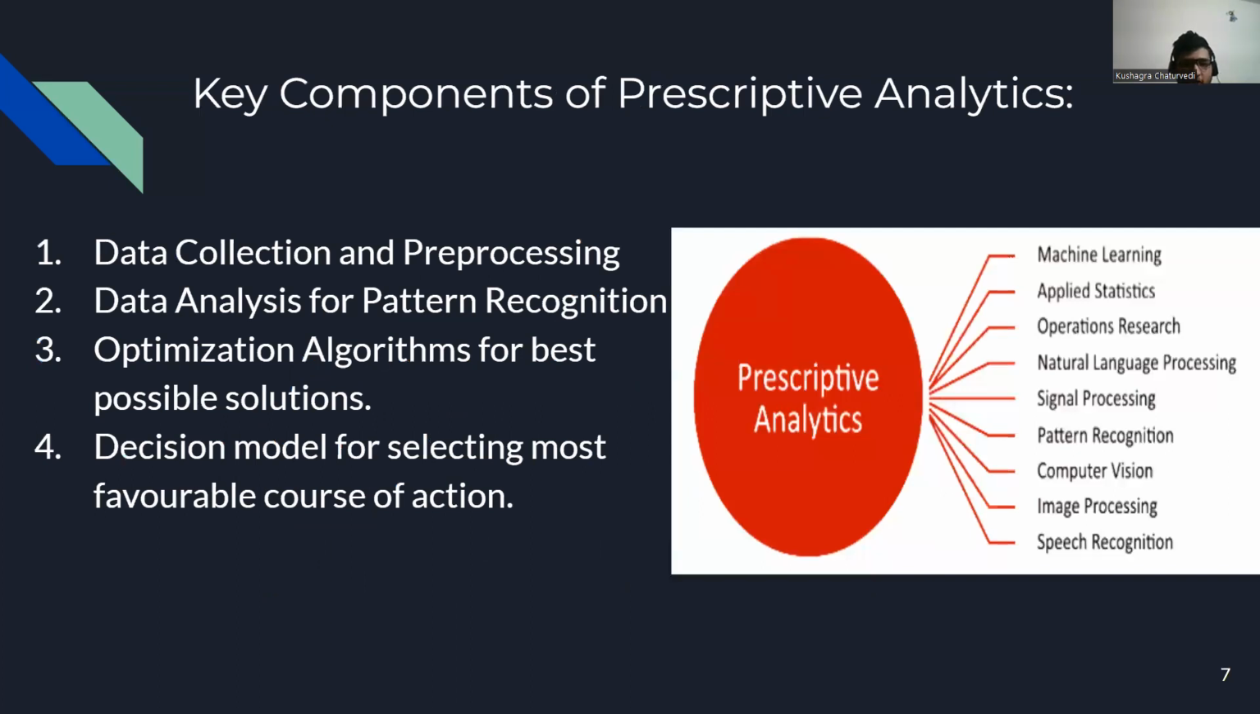Then we are focusing on the key components. So there are several key components here like data collection, pre-processing, data analysis, pattern recognition, optimization. There are various optimization algorithms, many famous optimization algorithms that we have used, like